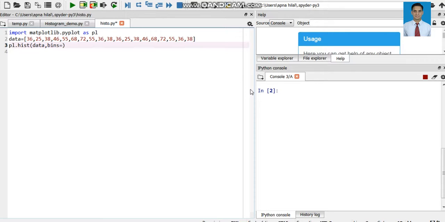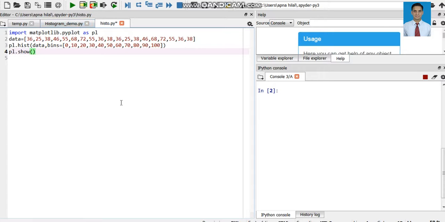Bins means we will set the intervals here: 0 to 10, 10 to 20, 20 to 30, and so on up to 90 to 100. We will see the frequency of the data in each interval, and the pl.show method is used to actually display the plot.